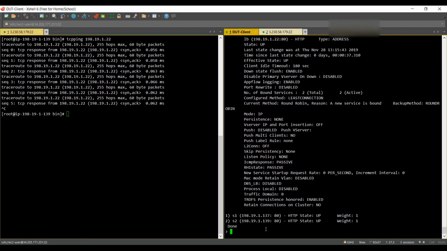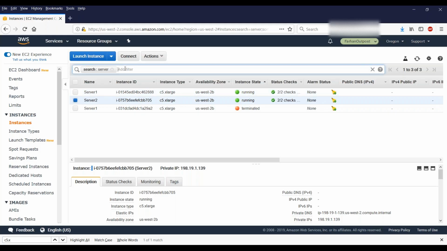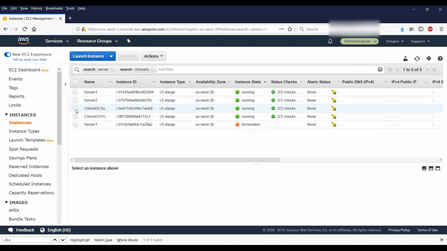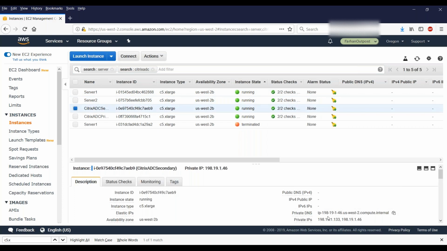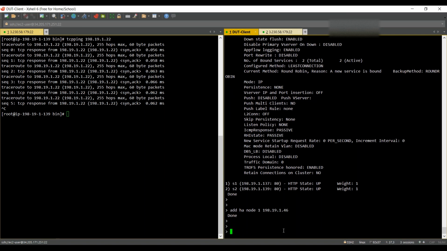Now on this node, I have to give the second node IP. So I'll just add HA node and my secondary IP is 1.46. Okay,